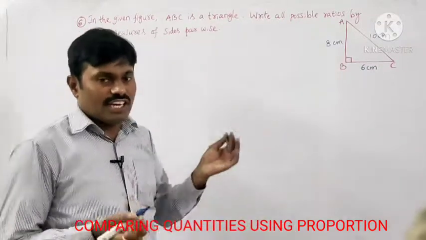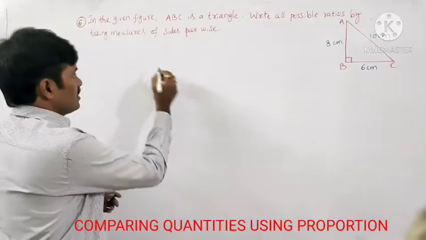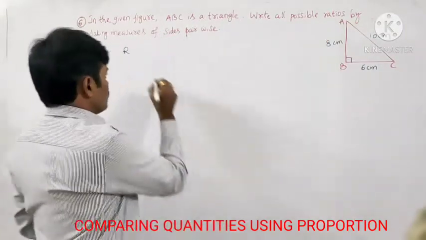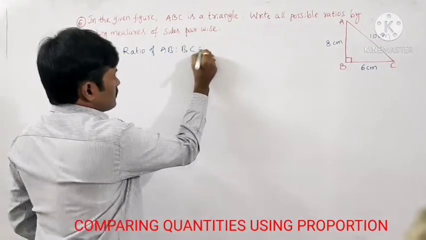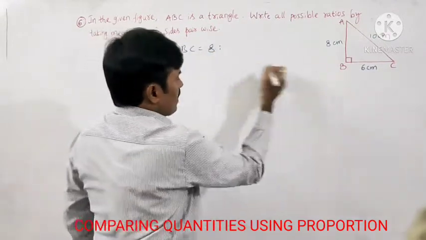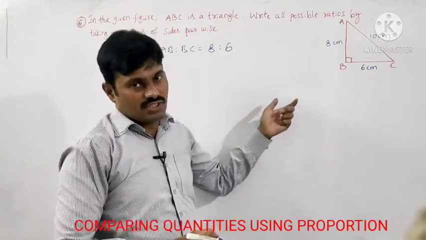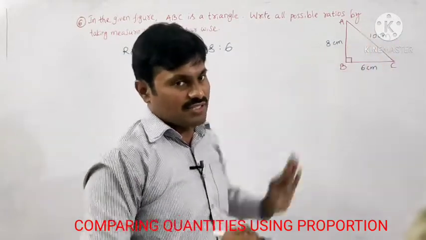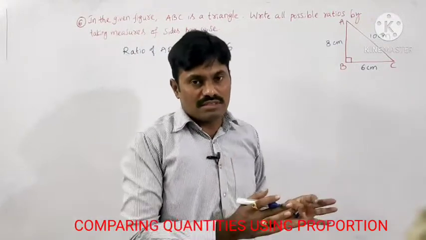Okay. We have to find the ratio of the measures of the sides given in this triangle. Okay, clear beta? First I am finding the ratio of AB and BC. So ratio of AB is to BC. What is the measure of AB here? 8 centimeters. So 8 is to BC also in centimeters. It is easy to find the ratio of these two sides, because all the sides are in the same measurements, centimeters, centimeters, centimeters. So no issue. If they are not in the same measurement, we have to change into the same units. Then we have to simplify.